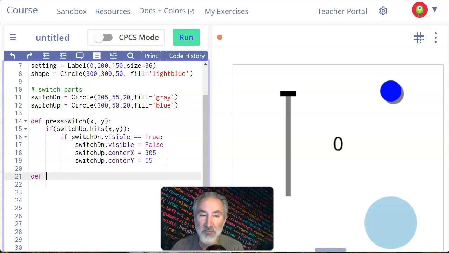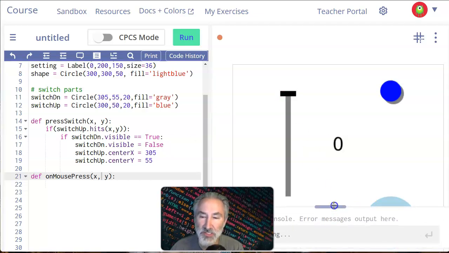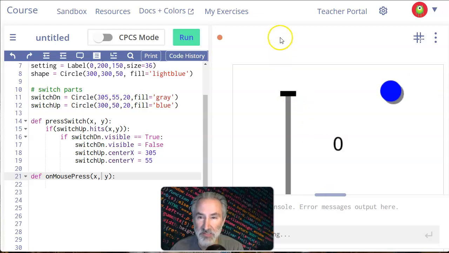Okay, so def will define a function, on mouse press. This is really a built-in function for CMU. And what it does is whenever you press the mouse, it sets X and Y with whatever the mouse position is. I'm going to see if I can remind you